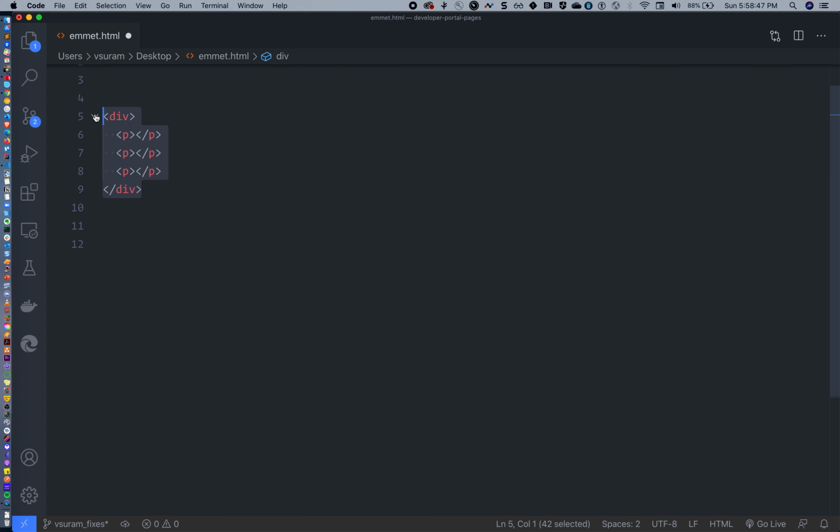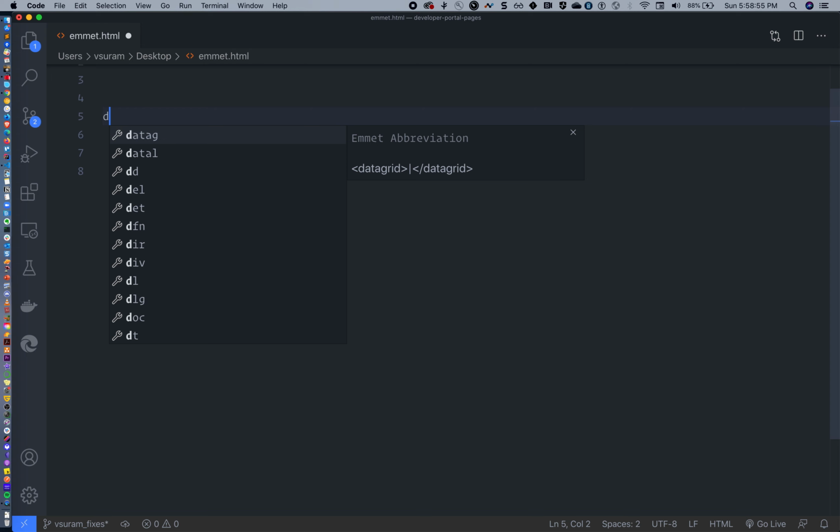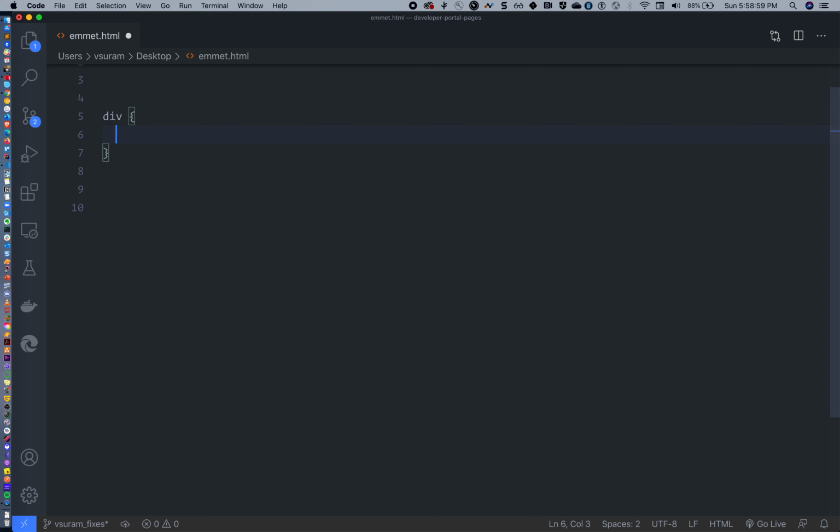If you see in CSS, if I want to modify styles of any tag called div, I will write div and then write some background gray or something like this, right? In a similar way, if I want to generate a div element, I just need to type div and then hit tab, then it will generate the div.